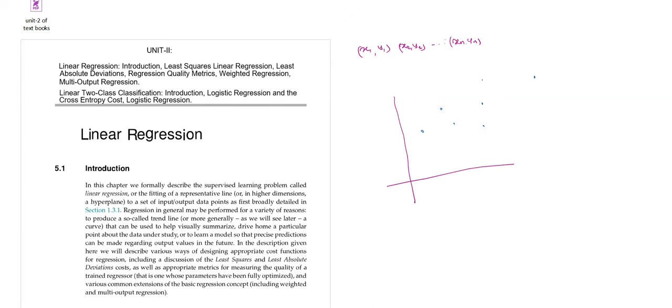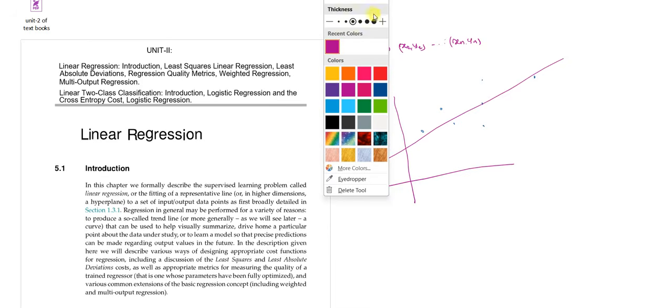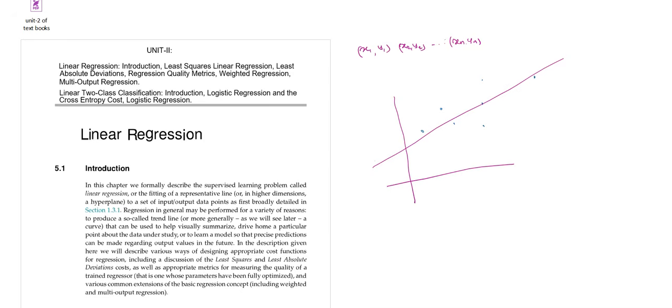Here you are asked to compute a straight line. The straight line can be represented here. Some of the points may be above the line and some of the points may be below the line. I need to adjust this in such a way that